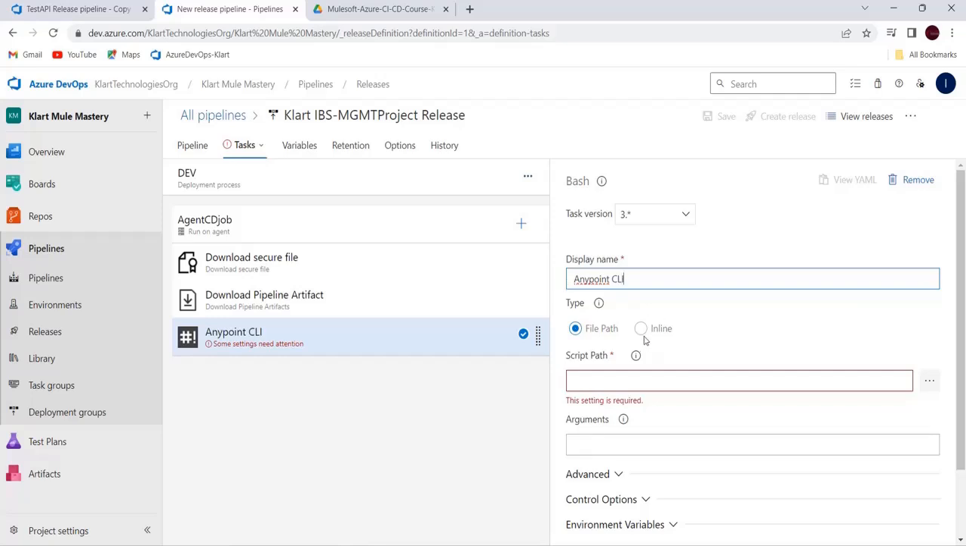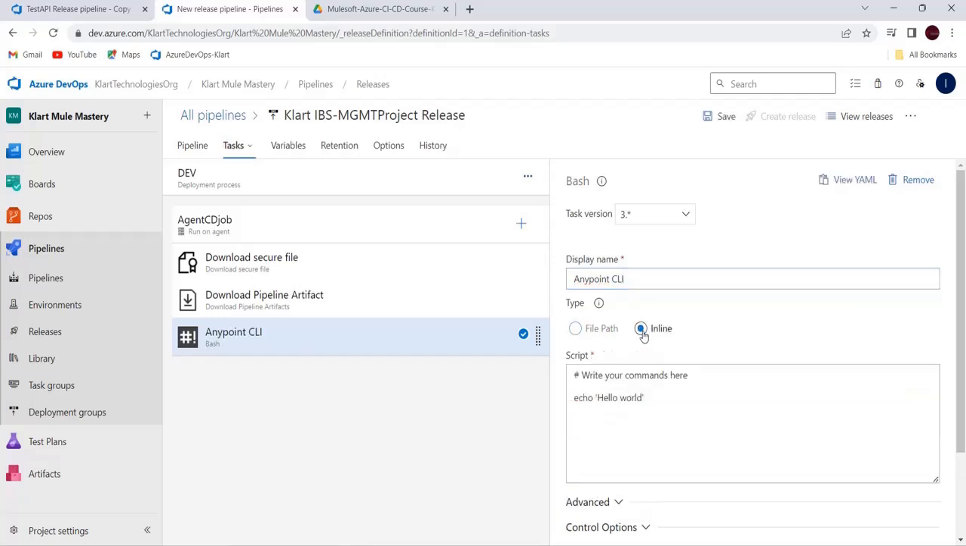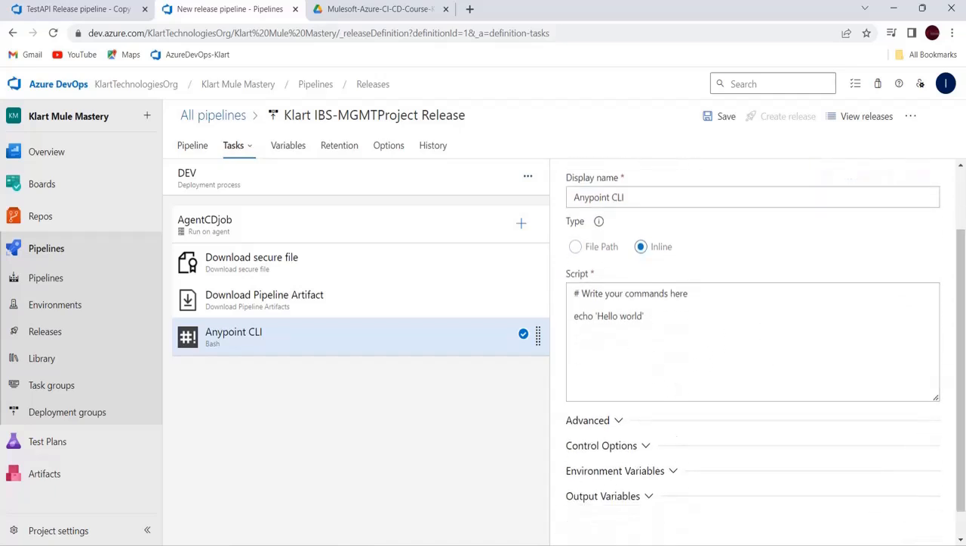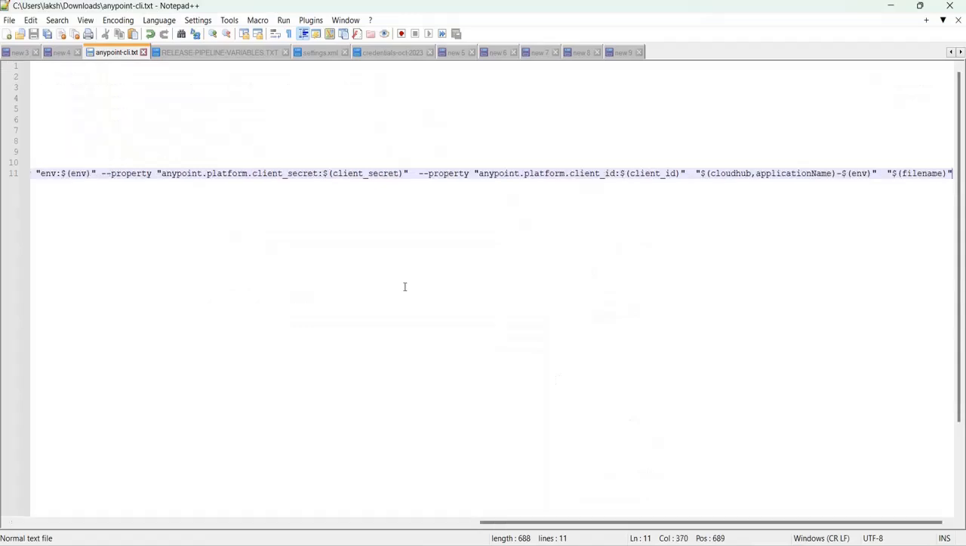Okay, and you need to select the inline. We are going to give the script here itself. So then what you have to do, this is the script now. That's the script. You can just copy this one which I have given,